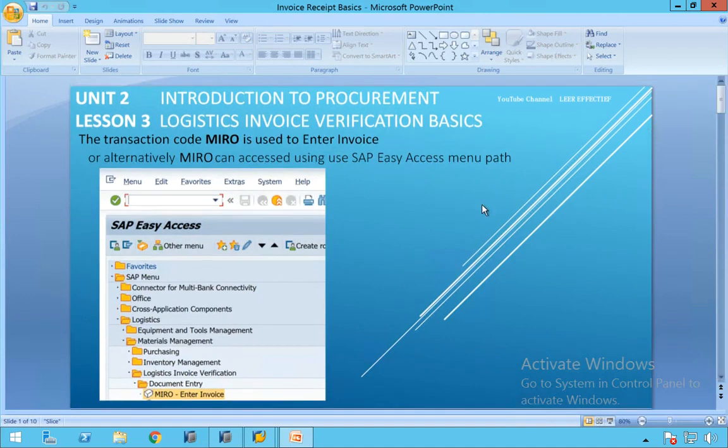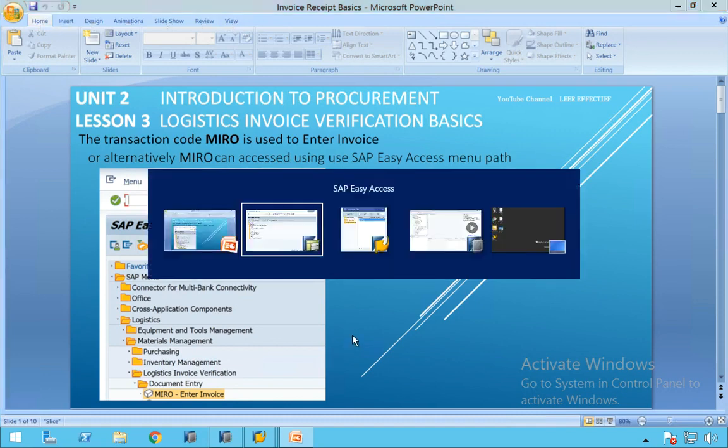What is the transaction code used to post or enter an invoice? MIRO. You can enter this in the command field or you can use the menu path as specified in this slide. Let us see how we can access the invoice verification transaction in SAP.